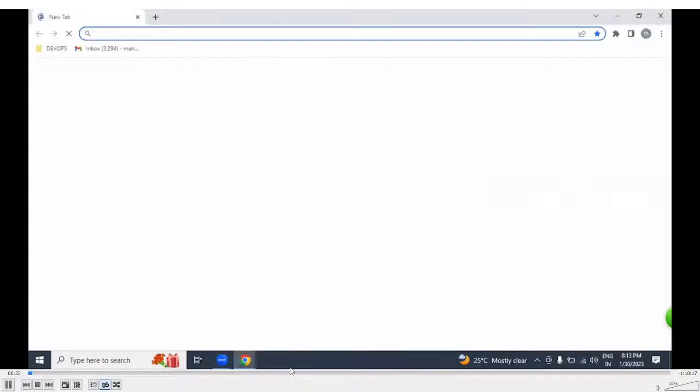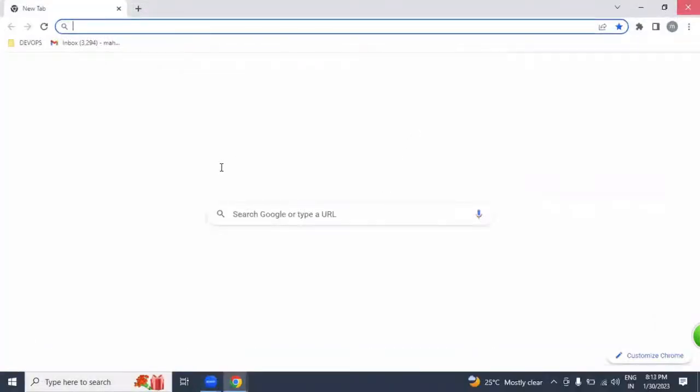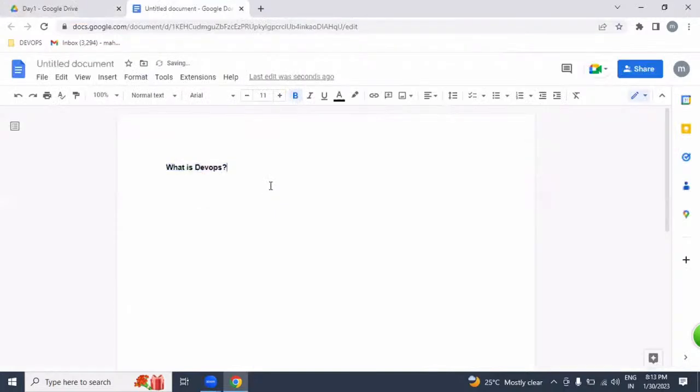Types of servers. What is a physical server? What is a virtual server? And what is a cloud server? And what is the difference between physical server versus virtual server